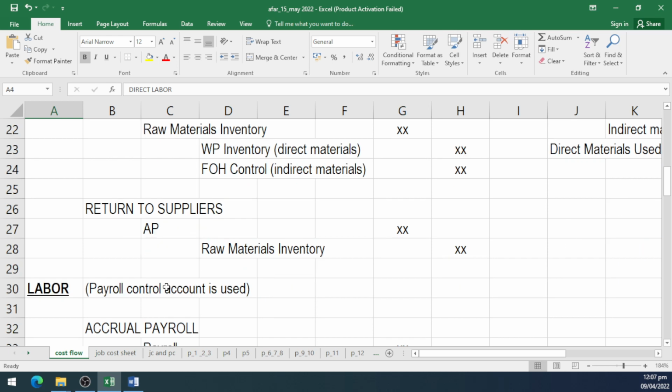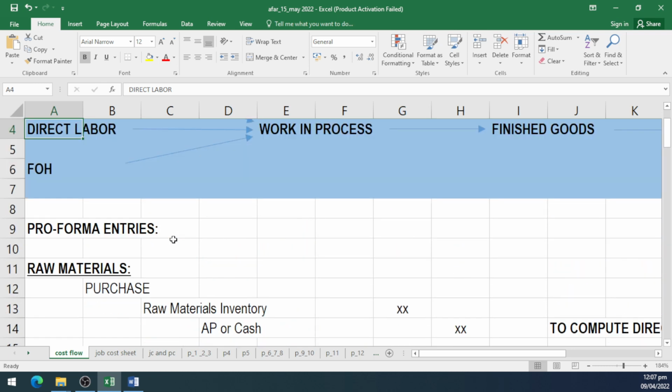In the case of purchase return to suppliers, debit to accounts payable and credit to raw materials inventory. Yan po ang mga sequence ng entries na mai-encounter ninyo or na dapat ninyong i-master dito po sa accounting for